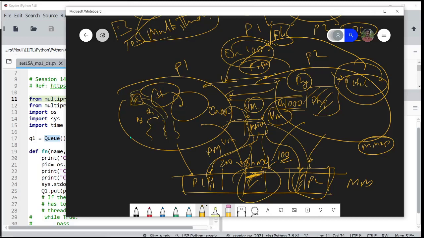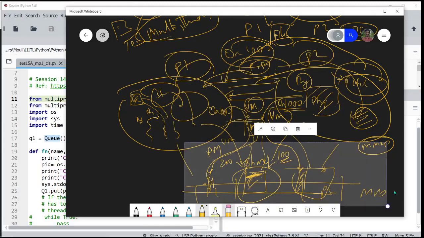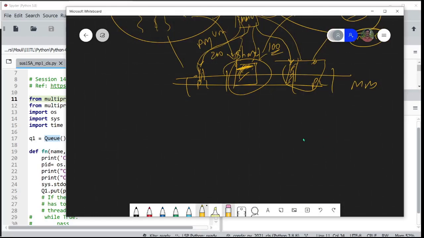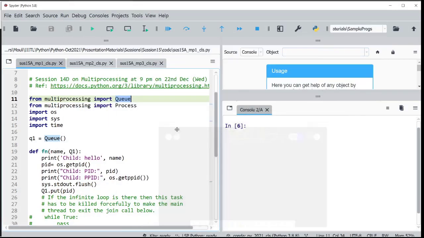But that is not true when you are having multiple processes. If you are exchanging information, you are in fact sending the whole thing, packaging it, copying it. Remember, you need to copy whatever is the content from this object into the memory queue, and then it has to be copied back into this and then consumed. So there is a lot of memory and a lot of effort even when you are communicating across multiple processes. So you need to import the queue from the multiprocessing module,